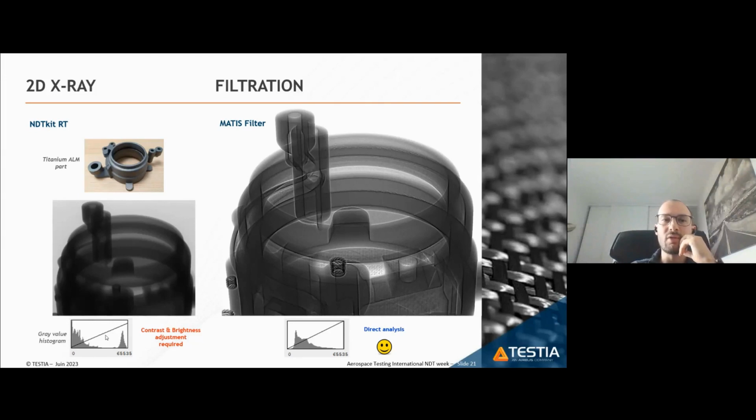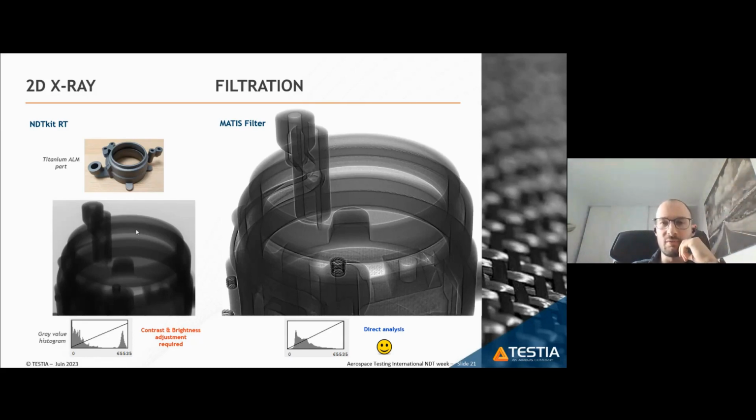And so you have to adjust the contrast and the brightness to see through all of the parts. But for this kind of part, it does not work anymore because with a classic contrast, what is displayed is too small to be inspected, and you have either choose to increase the contrast, or you may